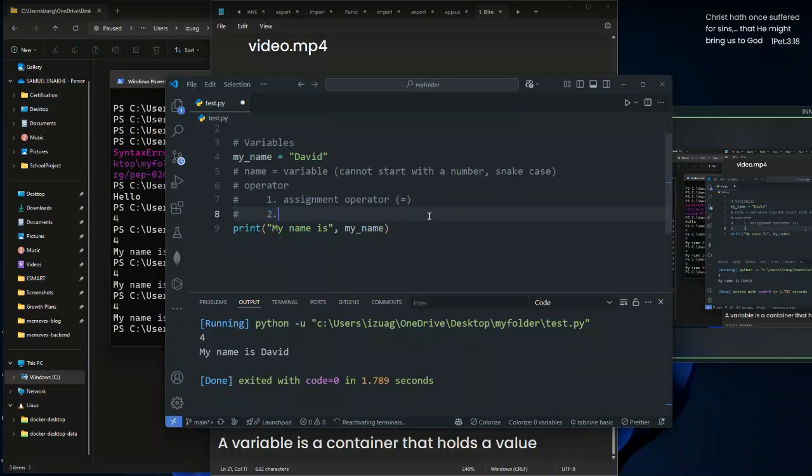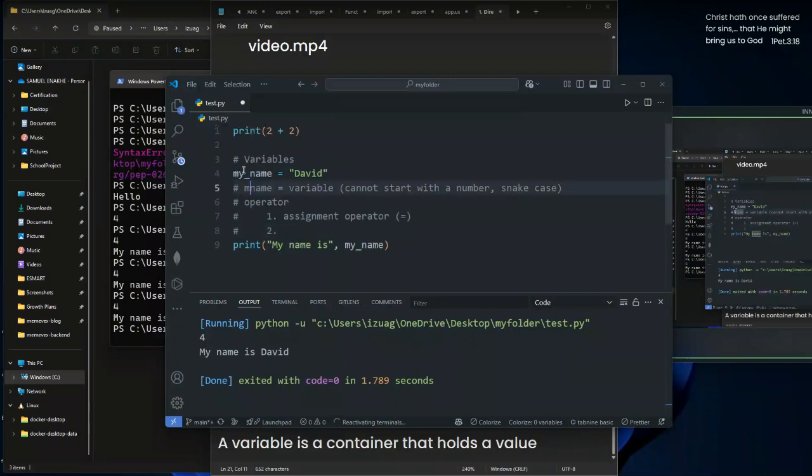Number two now is what we call. So now I've explained my name, which is the variable. Then equal to here, which is the assignment operator, right? It means that I'm assigning what's on the right to be what's on the left. So I explained now that the assignment operator is the equal to. So now the last one on the list here is